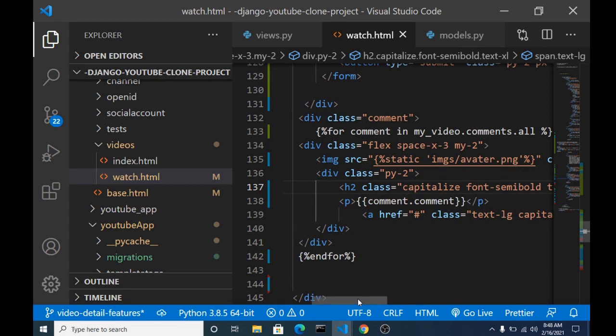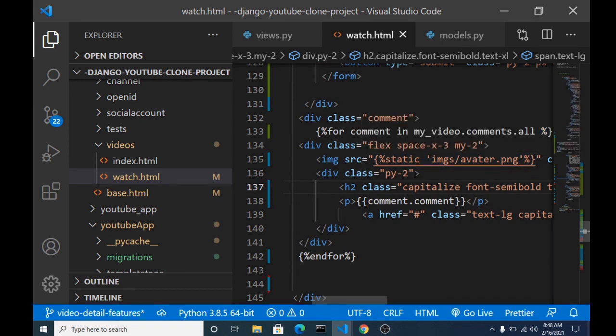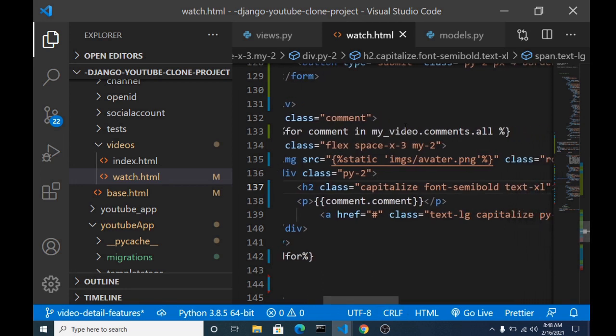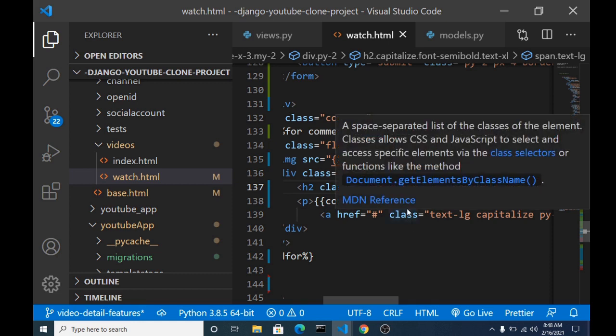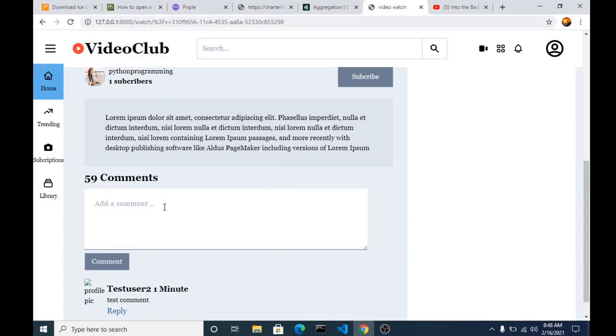We can get our comment, just that now we don't have a profile picture or profile image, so we can't actually get that. But we can create and check if this user has a channel which displays the channel's image. We can do that here, but that is not an issue. You can fix that yourself. The most important thing is that we can actually write our comment and submit our comment.